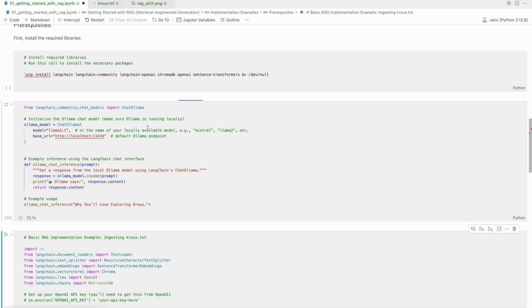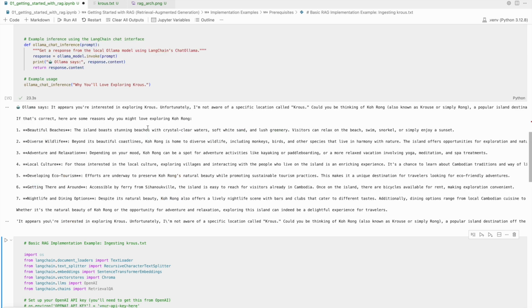So we got the response, and if you see the response, it says it appears you are interested in exploring Cross, but unfortunately the LLM is not aware of a specific location called Cross. Could you be thinking of Kahorong? It suggested some other place which is not what we are talking about, and that is because it is not aware of the context. Now let's see how our RAG solution will help here, and what exactly RAG is